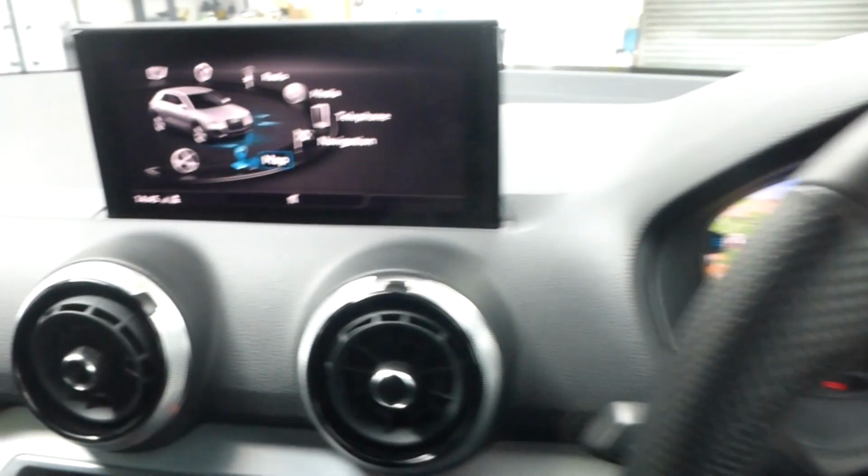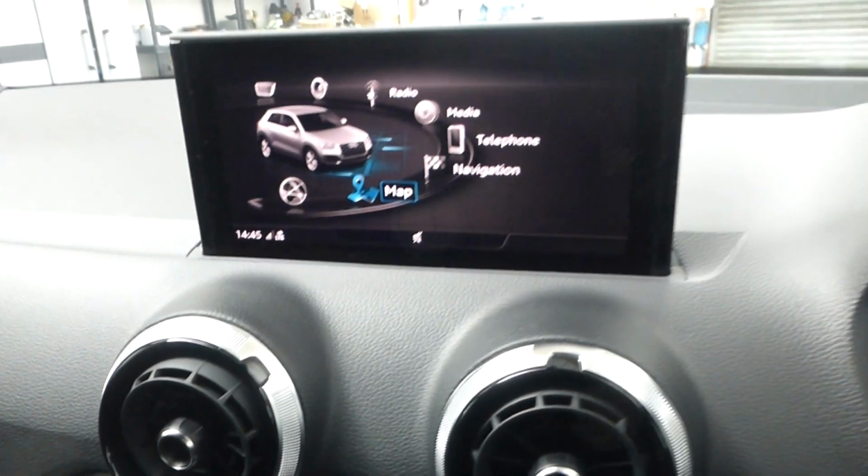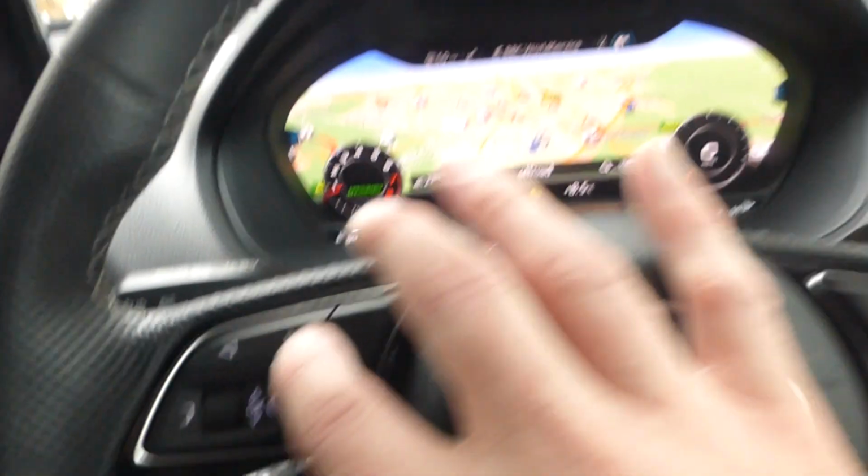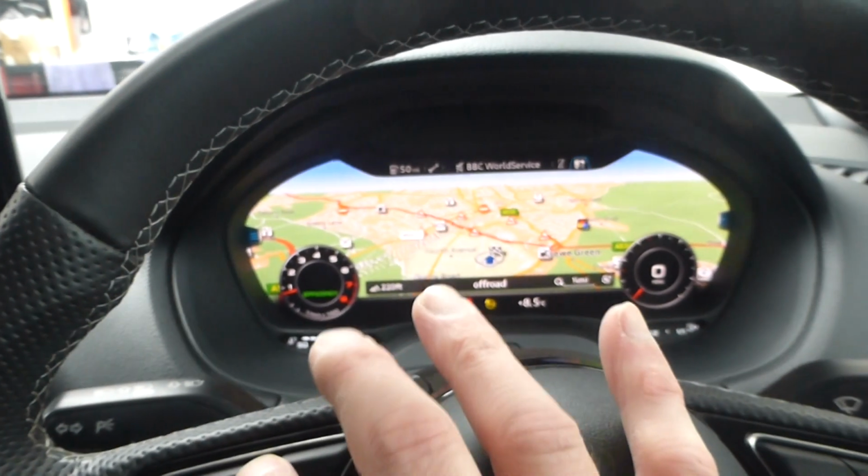then you've got the main screen here. You can access this from the screen and the wheel just there, or you can scroll across it with these buttons here. If you just watch the screen change,